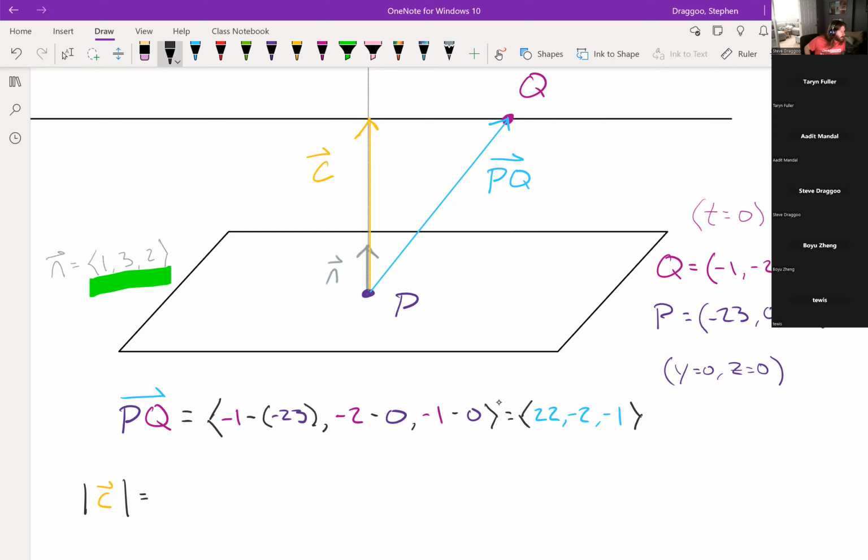I need the dot product. C is just the component of that blue vector PQ that's in the normal direction. So let's look at the component of PQ that goes in the n direction,